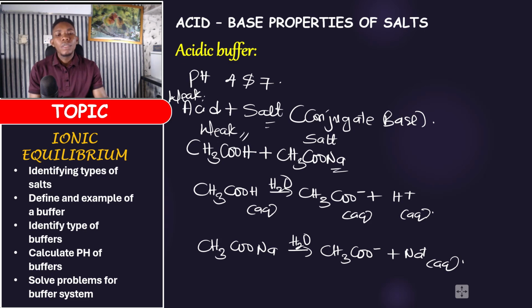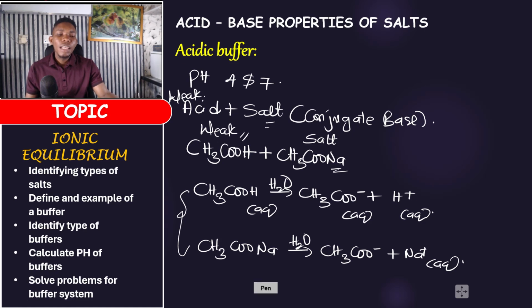Now what will happen is that this ion here will neutralize that acid. Are you getting it now? It's going to neutralize that acid. I told you that the buffer comprises these two things in solution. So these are the ions you have in the solution. Everything is okay. But if you add an excess of H+,